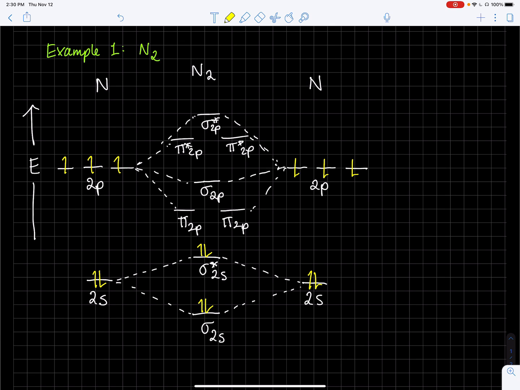Okay, so I just want to clarify that on the sides are my atoms, in the middle is the molecule. So these things exist in 2 different times, you can think of it. If you had the atoms on the side, they combine to form a molecule. Okay, so now I go up to the 2p part of the diagram, and I take those 6 electrons and